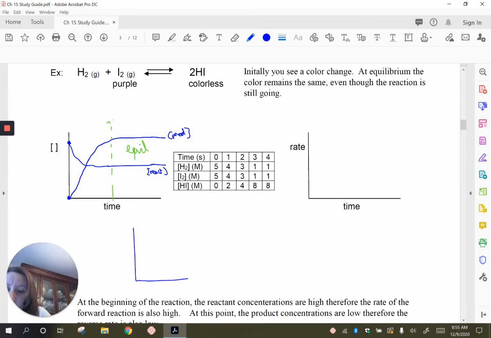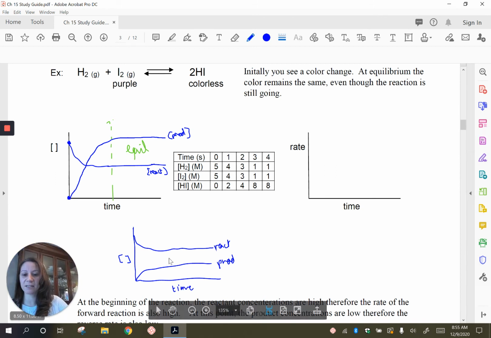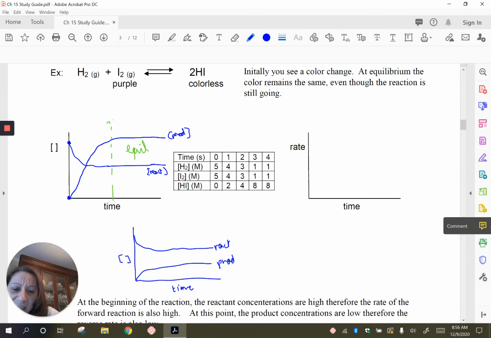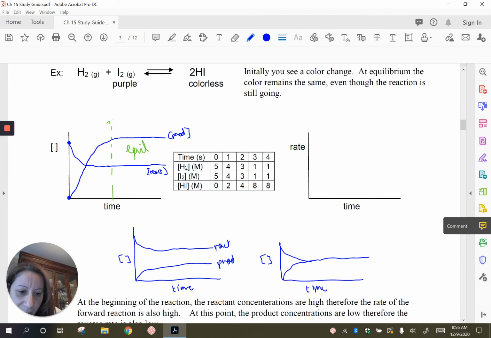So it is possible that you get some curves that look like this. This would be the reactants. This is the products. These are their concentrations over time. And so in this specific reaction, at equilibrium, you have more reactants than you do products. That happens. It is also possible, though rare, that you get, just by coincidence, the reactant and the product concentration